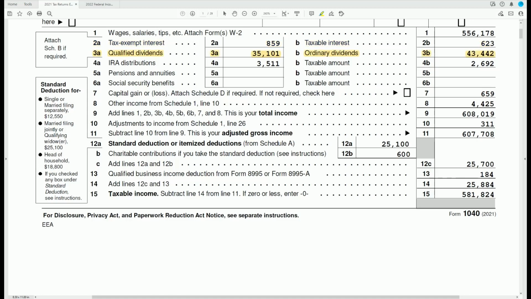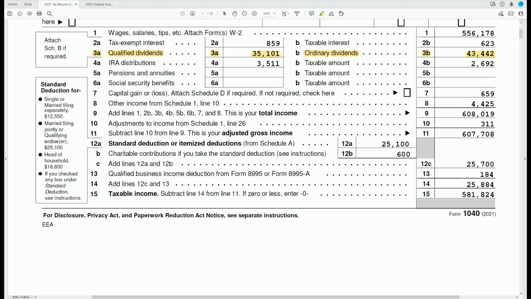Line 3A, 3B helps us to determine if their taxable brokerage investments are tax optimized in terms of asset location. I divide the qualified dividends into the ordinary dividends to determine the percentage that is receiving favorable taxation at the capital gains tax rate, 0%, 15%, or 20%, plus the 3.8% net investment income tax